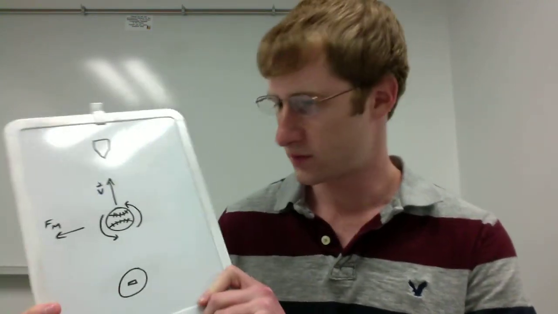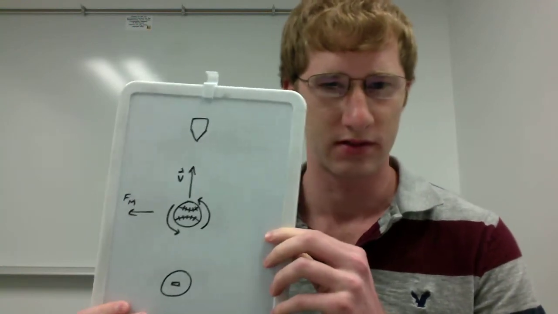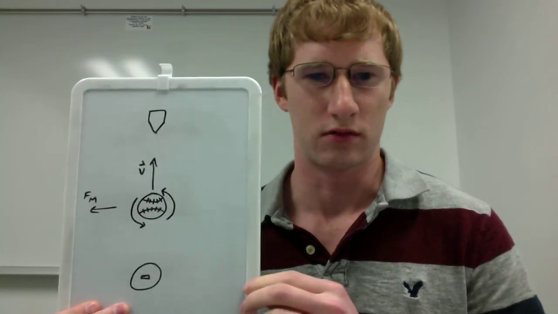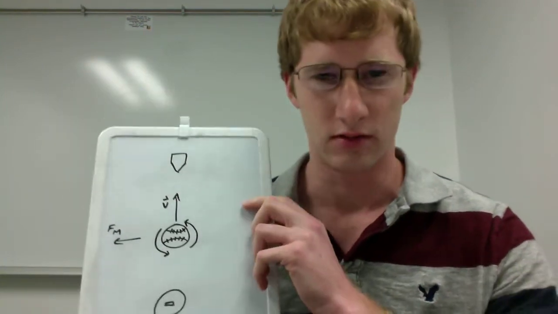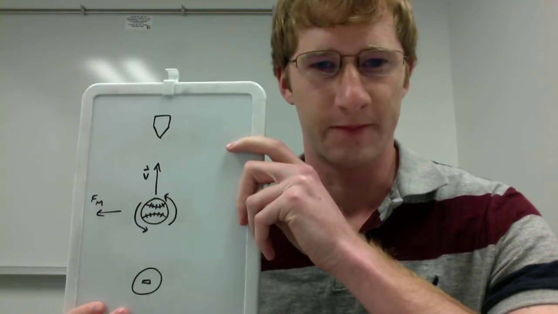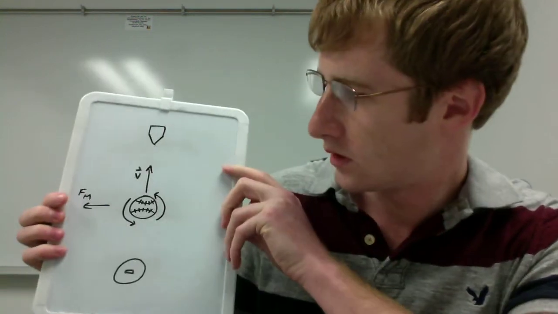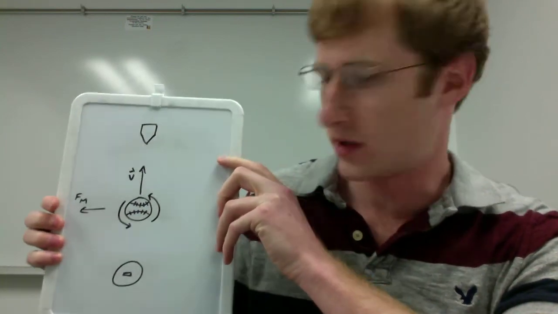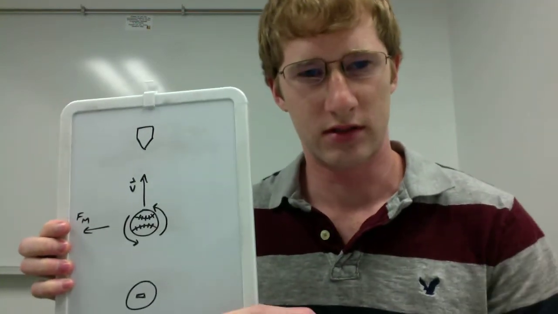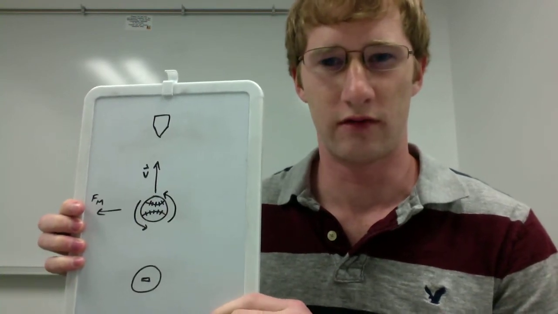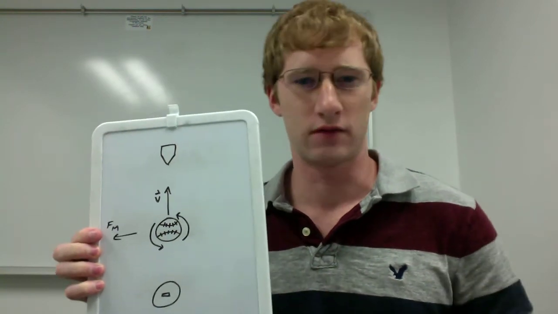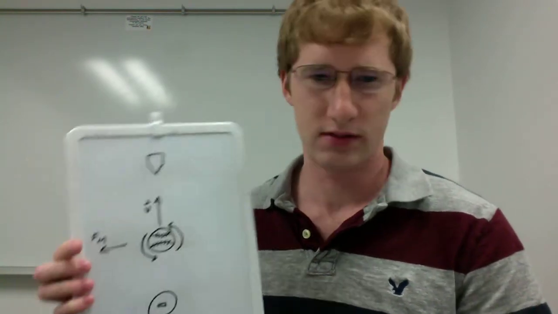And I drew up a picture. Sorry for my artistic talent here, but this is a top-down view of a baseball pitch. You can see here throwing the baseball towards the home plate, and what's happening is it's spinning counterclockwise, and when this happens, the Magnus force pushes it in the direction of its spin. So it's going to curve to the left because of the Magnus force, and basically why this happens is because